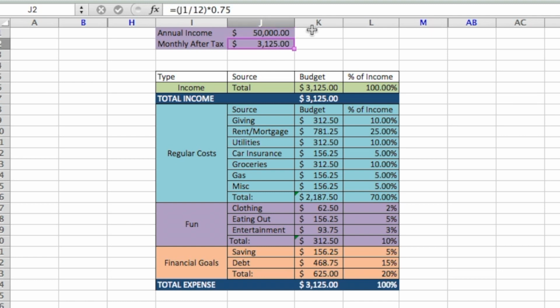calculated monthly after tax. And so I did that by taking the annual income, dividing it by 12 months in a year, and multiplying by 0.75, assuming that you'll be spending about 25% of your income in taxes. So you'll take home about $3,125. So this budget is a zero-based budget, meaning that the total income here, which is $3,125, equals the total